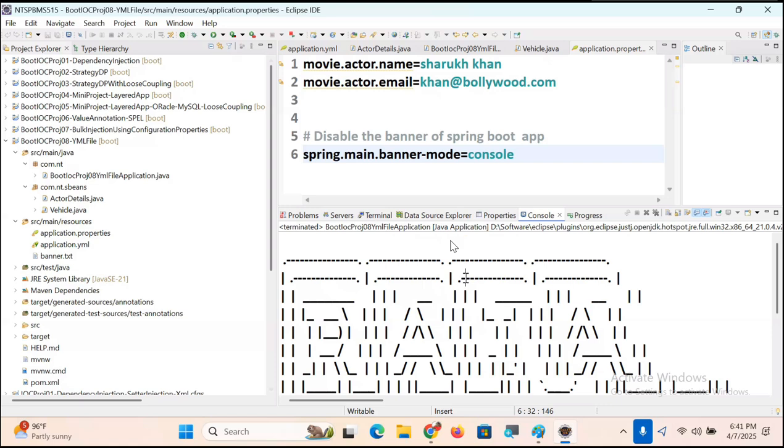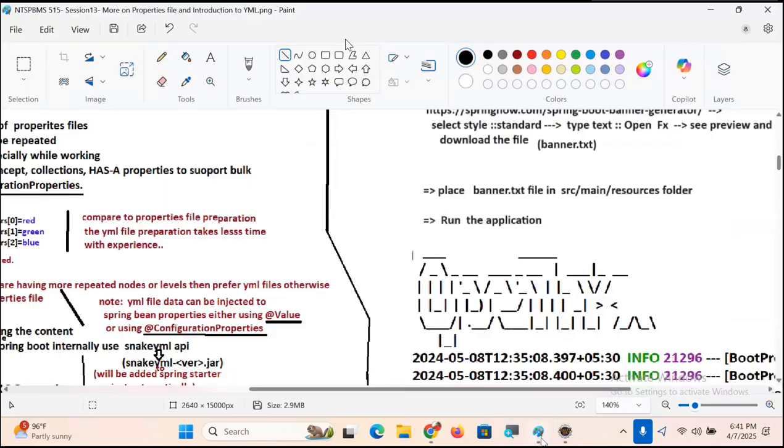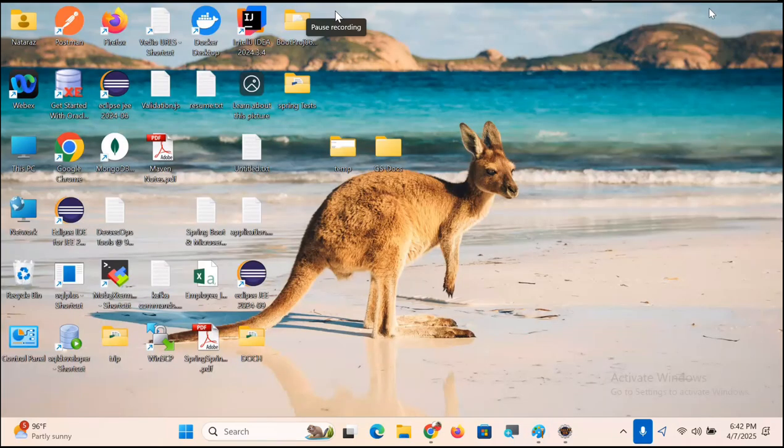Shall we share the notes, guys? Okay. Yeah, there is still a lot of discussion on YML. I will take it up when we meet tomorrow. If possible, tomorrow please come with pen and paper. There is a small practice to do, conversion of YML to property file and property file to YML. Only tomorrow, please come to the classroom with pen and paper, offline students. For online students it is not required; anyhow, you can participate in the chat box. I'm going to give a small task of converting YML to property file and property file to YML. Then the differences between YML and property file. Then we will see how to configure custom